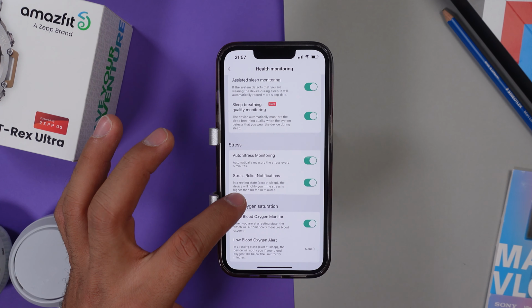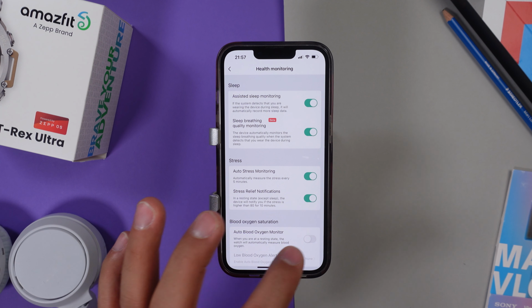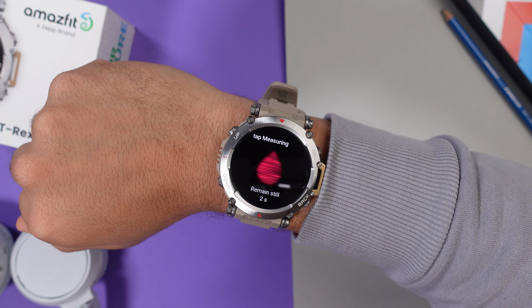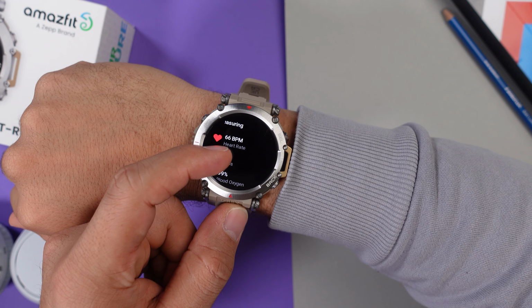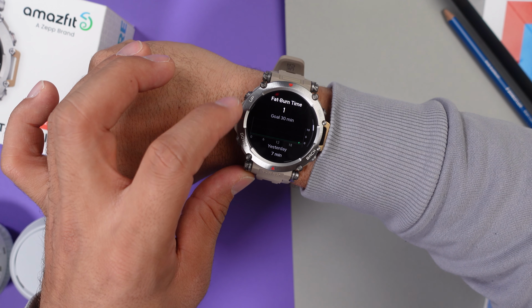You get a 24/7 stress tracker, and it will track your SpO2 level if you are in a resting state. So it can be once an hour or maybe more. The last health metric that you will basically get on all of the Amazfit watches is the one-tap measuring that tracks your heart rate, SpO2, stress level, and your respiration rate at the same time. And of course, it will track all of the basics such as your steps, burned calories, sitting and standing time,